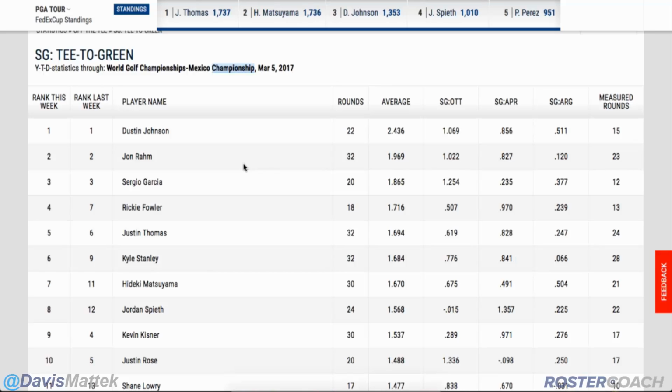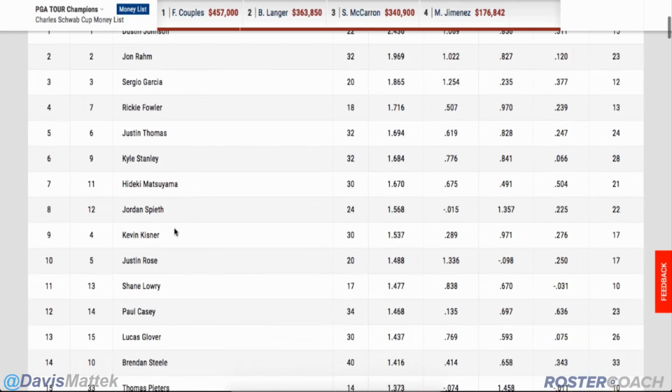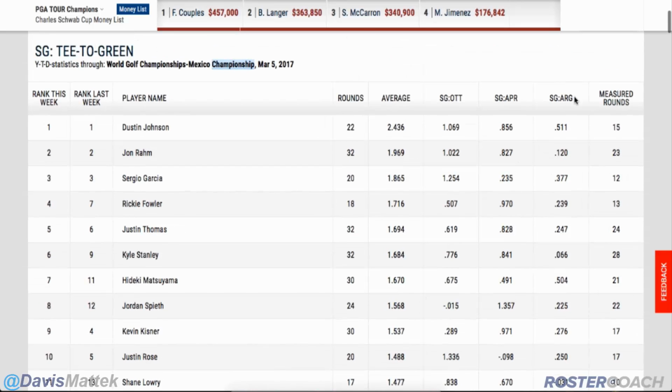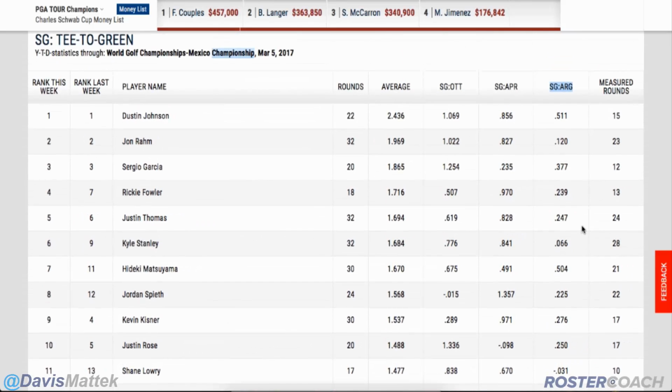But obviously everyone knows Dustin Johnson is good. That's not necessarily a helpful research tool. What looking at strokes gained tee to green can help you do is recognize someone like Kyle Stanley, recognize someone like Kevin Kisner. Lucas Glover is actually a really interesting example here. We can see that he is 13th in strokes gained tee to green, but when we look at this other statistic over here, which is strokes gained around the green, we can see that he's much, much lower, and a little bit later we're going to look at strokes gained putting, and he's going to be one of the worst